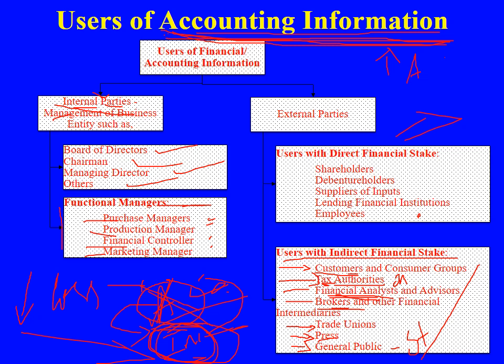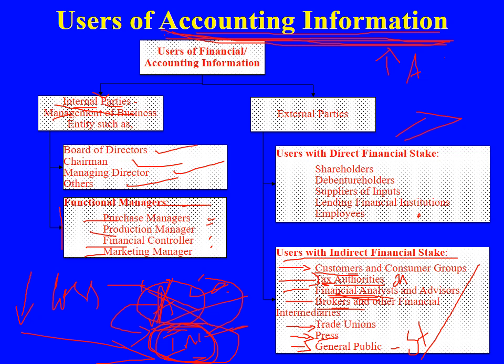Likewise, employees. Why do employees need accounting information? With the accounting information, employees get to know whether the company is earning profit or facing losses. If the company is earning profit, then obviously a share of the profit will be given to the employees in terms of salaries, wages, then perks, in the sense of bonus, commissions, everything will be paid to them. If in case the company is facing losses, what happens then? There is a possibility of not getting even the regular salary on time. So employees are worried about their money, right? They want to get the salary on time because of the huge commitments they have on their part.